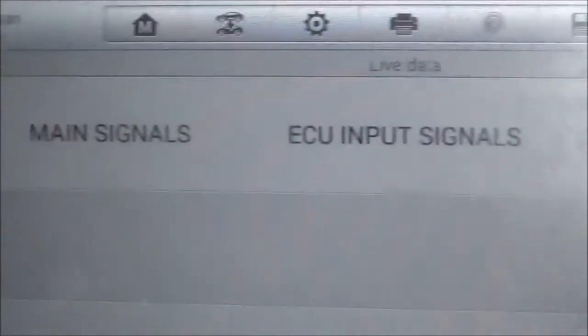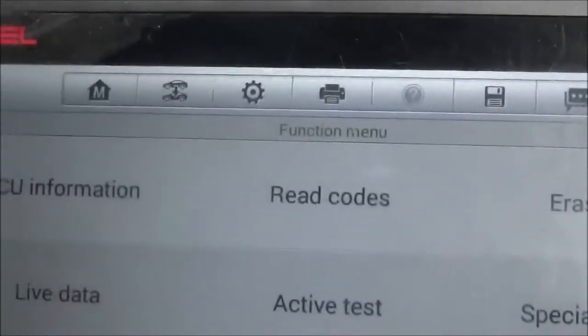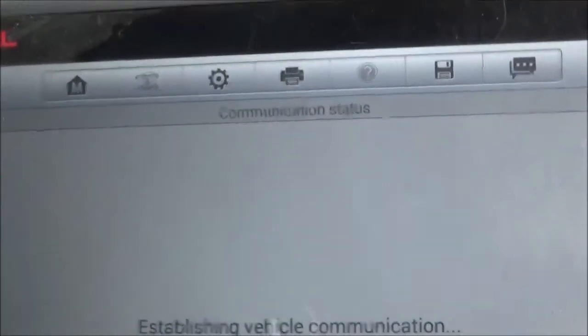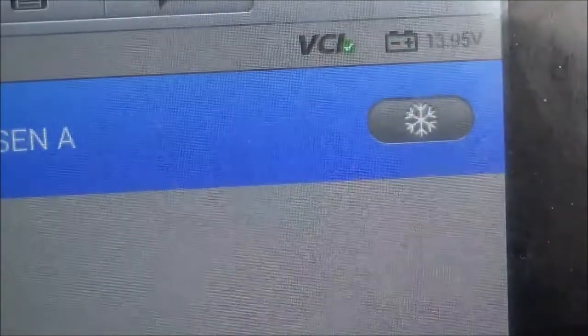Okay, so if I go back and go back and I read the code, it's going to say P0500 vehicle speed sensor A code,